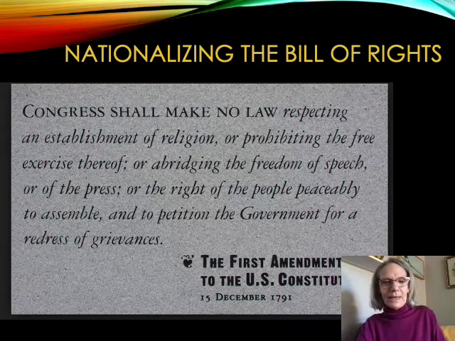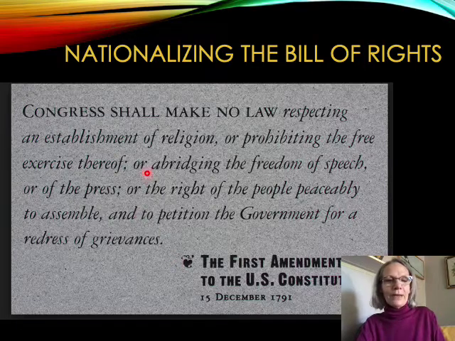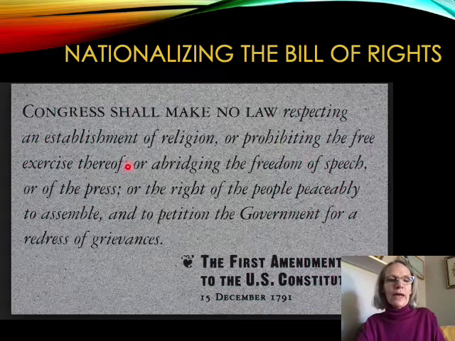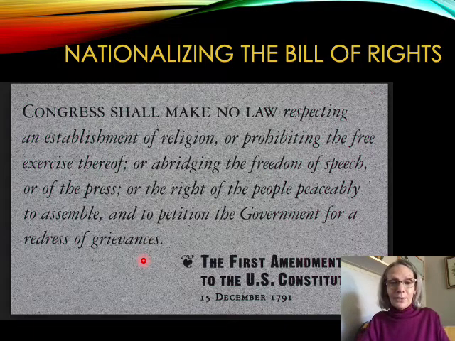But one day, in my silliness and my younger days, I saw this word, Congress. The First Amendment says that Congress shall make no laws respecting an establishment of religion or prohibiting the free exercise thereof, abridging the freedom of speech, the press, etc. I looked at that word, Congress, and I lived in Indiana, which was a pretty conservative state at the time. I thought, Congress can't make these laws, but can the state of Indiana? Does the First Amendment only apply to the national government, or does it apply to the states as well?